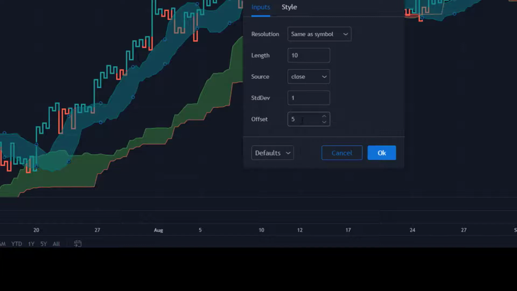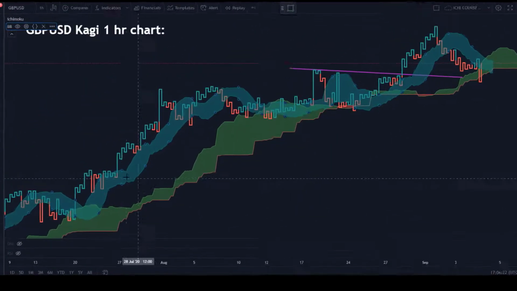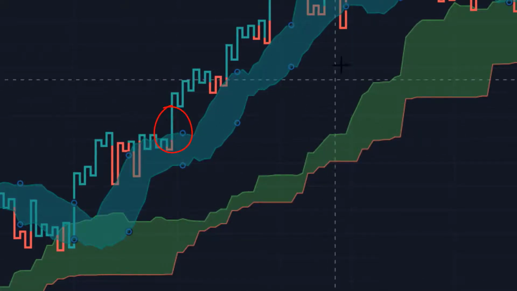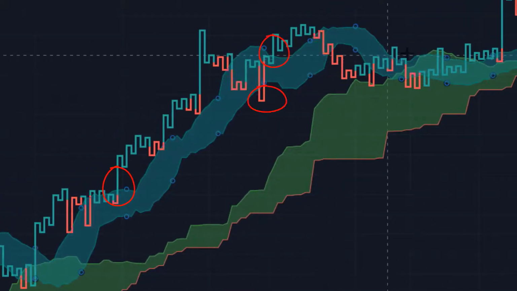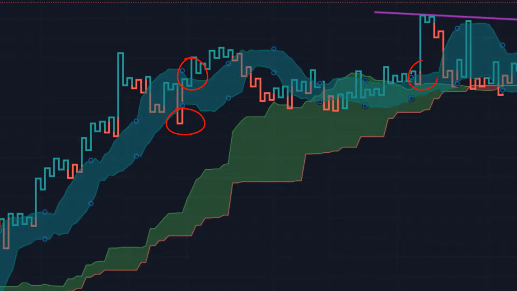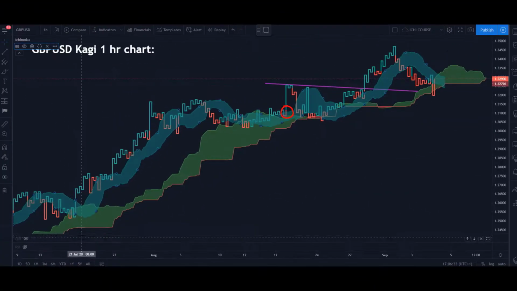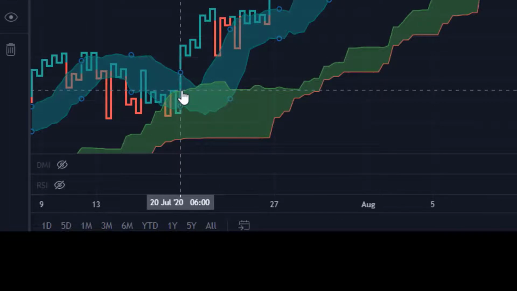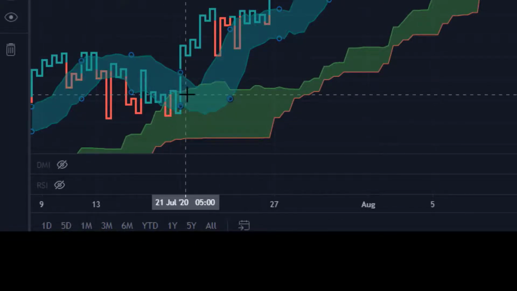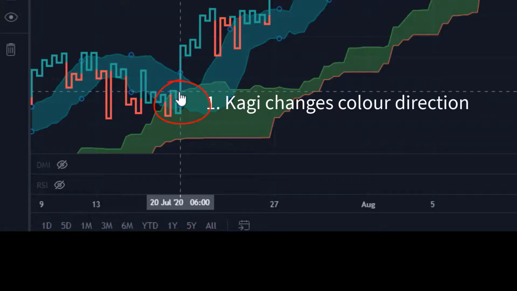But in the world of Bollinger Bands laid onto Kagi, what does this do? This gives us breakout chances all through the chart by doing the offset, and this can give us more trading opportunities. Whereas we had the price breaking through the cloud, and that was a possible strategy, and then we had to sit on it for ages and ages and wait for the next signal, what we do with the Kagi is when it changes colour, we've got this example here, it goes through the cloud,